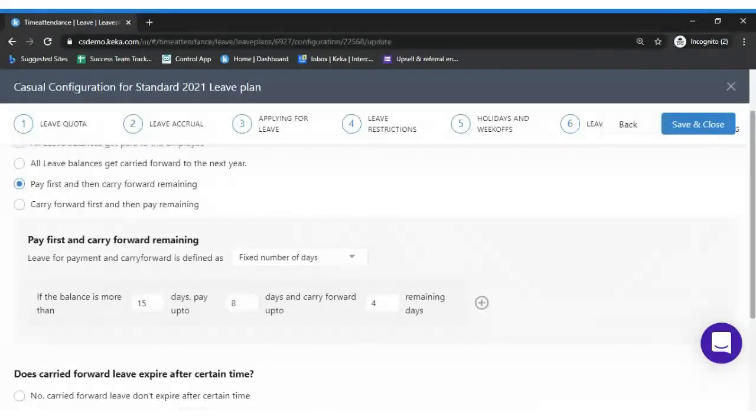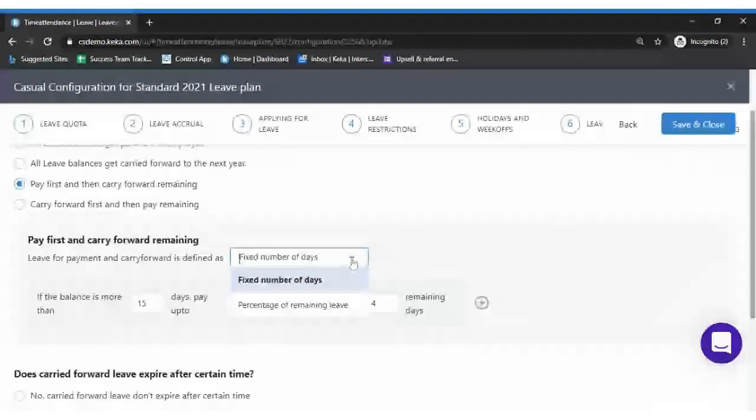Here we would have two different options: a fixed number of days, or a percentage of remaining leave. I suggest you go with a fixed number of days, so that even the employer would be aware how many days have been carried forward as per the policy and how many have been encashed.